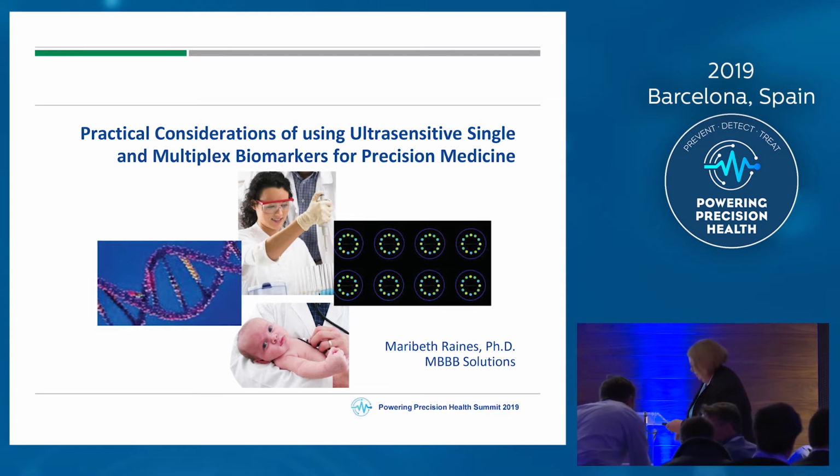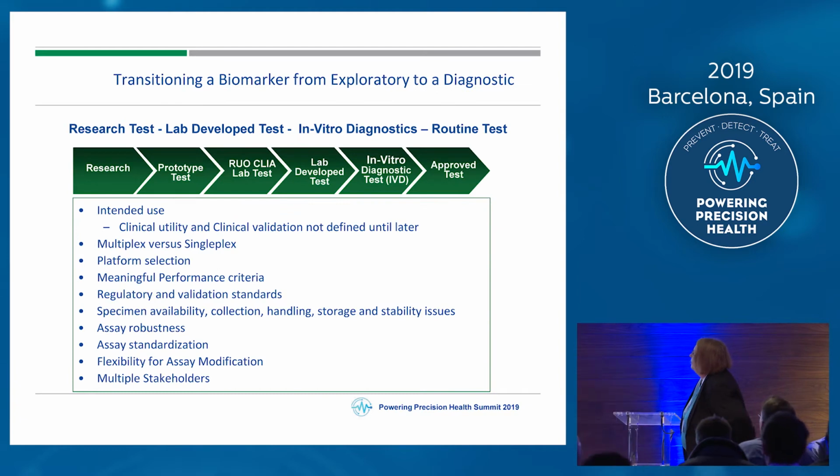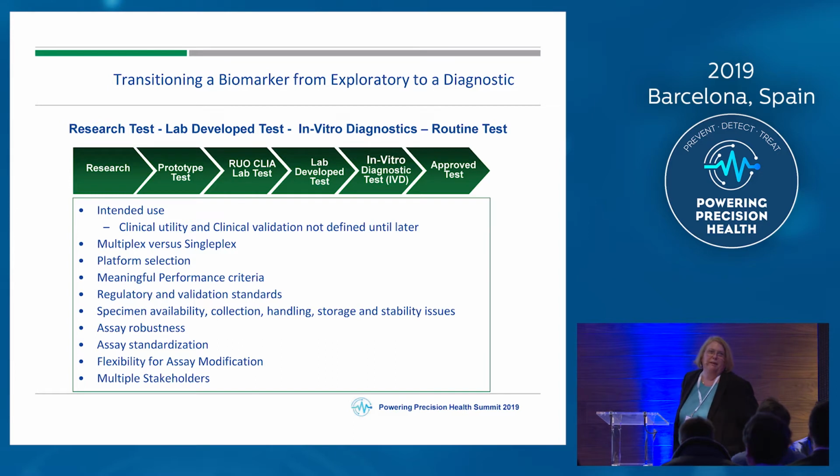Okay. So I'm going to get right into it because we don't have that much time. This is actually a slide I repurposed from about 15 years ago when I worked at Quest Diagnostics. And I was fortunate enough to work on some of the first companion diagnostics in the market in my role at Quest. The main difference between a research homebrew assay, even a prototype,